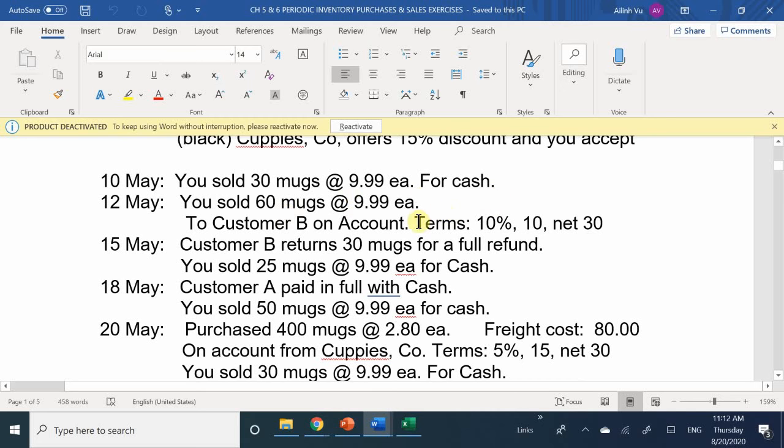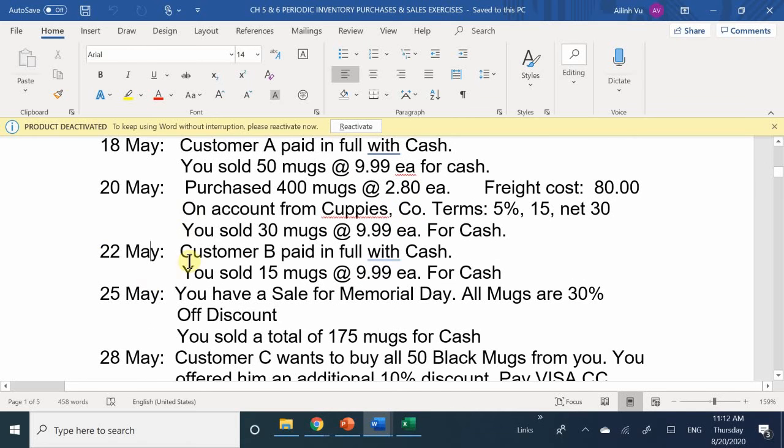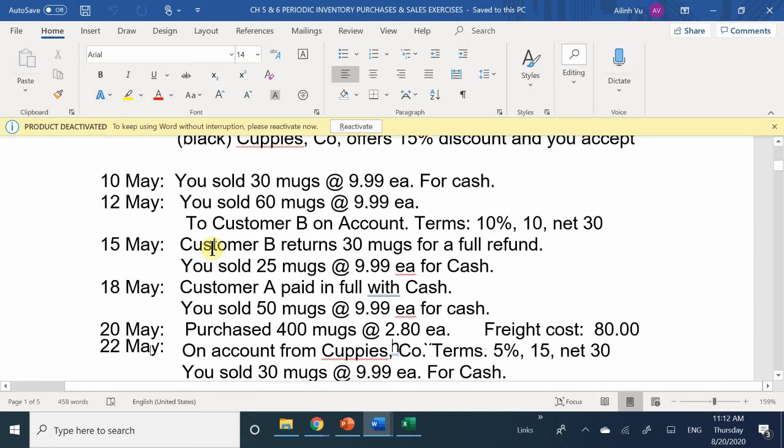Now, did he meet our discount period? Yes, he did. He was on the same day. So now we need to calculate what we offered him, which was a 10% discount off of the full amount that he paid. So let's go back up to the transaction here. We know that we sold 60 mugs to him for $9.99 each, right? And with our sales tax and everything included, we got a grand total